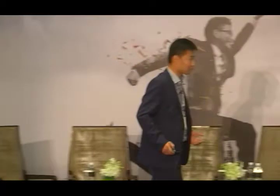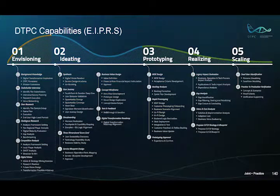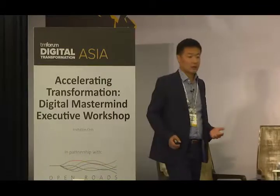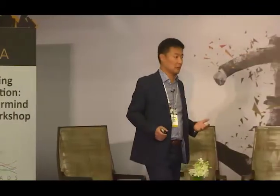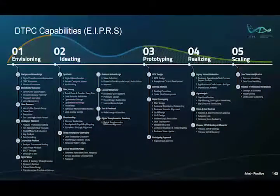That's the idea. So let me bring you to a deeper level of detail of what DTPC is about and how we work in a new way of working. We have 5 stages in total: envisioning, ideating, prototyping, realizing, and scaling. For the first stage, envisioning, the idea is we have to lock in the potential, prioritize the business opportunity and the transformation focus. And in the ideating stage, the second one, what we do is that in a certain transformation focus,